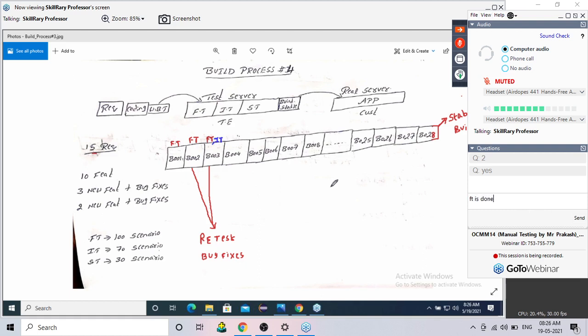Perfect, Abhishek. Only if time is there, and second, functional testing should also be done. So can I hope that B003 is also clear for everyone? Yes, good. Next, B004. Now see, in B003, total 15 features are ready, guys. Now in B004, what should I do now? B004, what should I do?